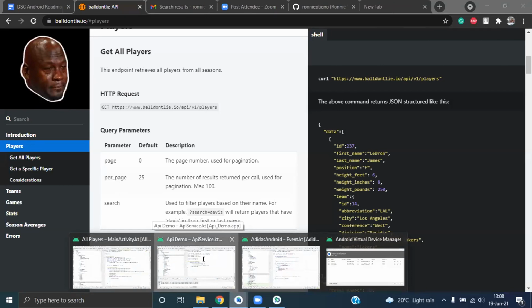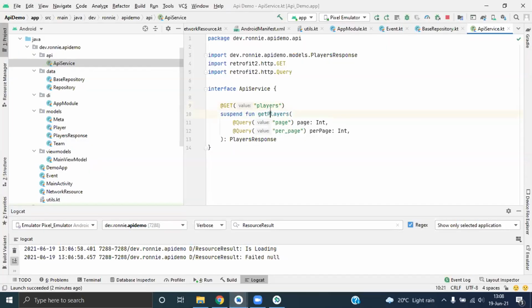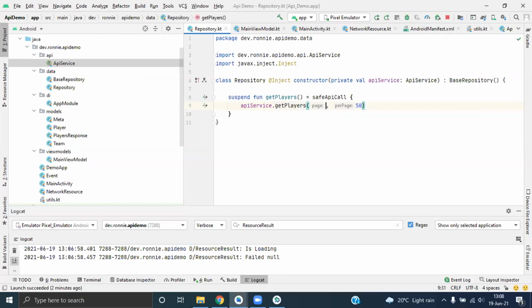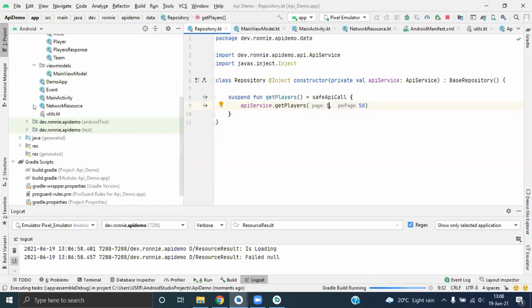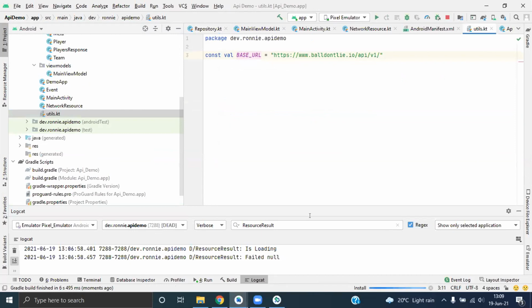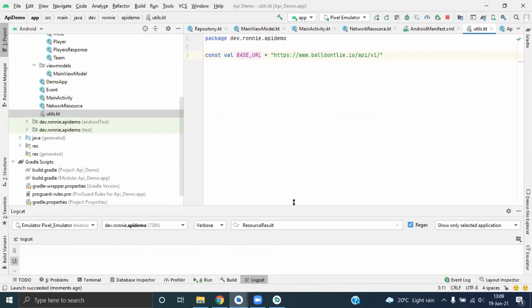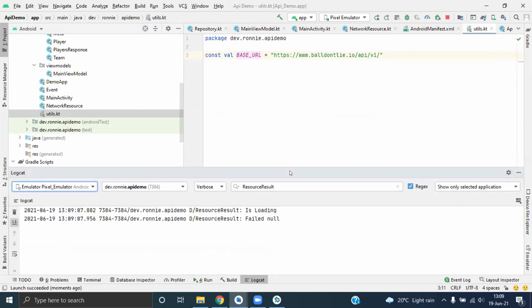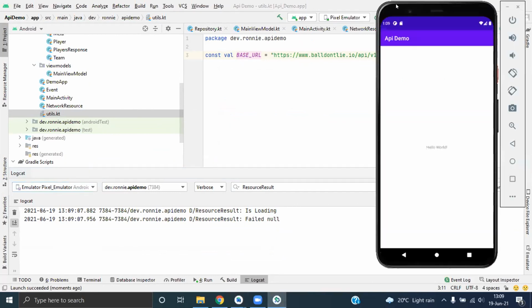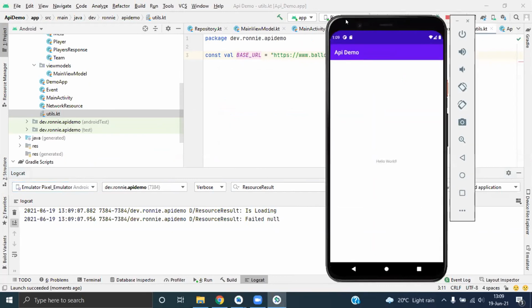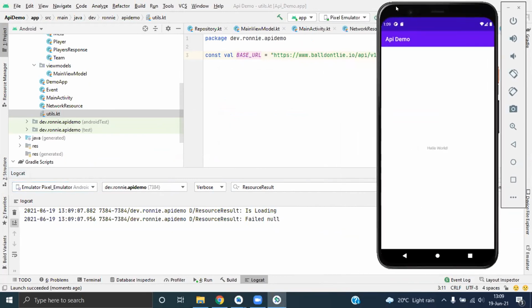Can that be the issue? Base URL again? Yeah, going back. Let me try passing page 1. That can be an issue. Base URL. Yeah, I think it's great. Yeah, null. Okay, let me try. Does the emulator have a connection to the internet? Yeah, I do. Kind of weird. So weird.